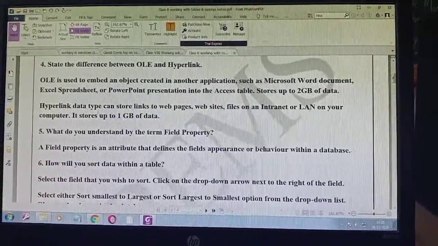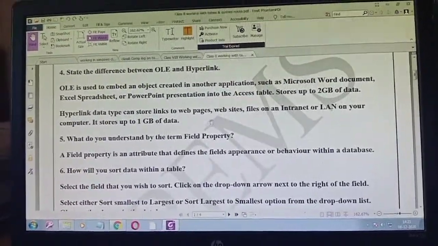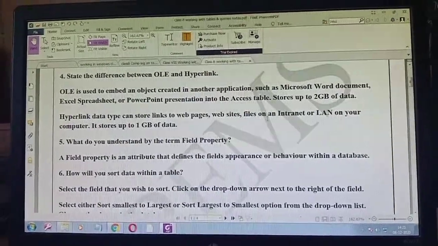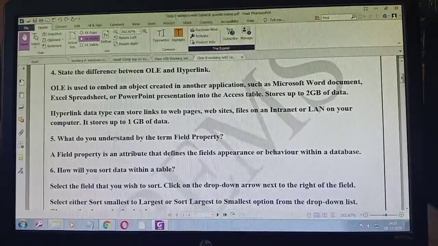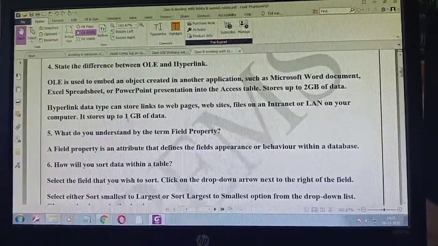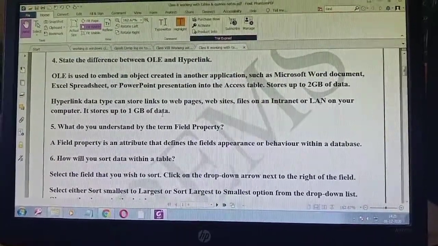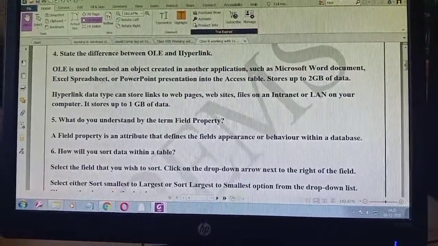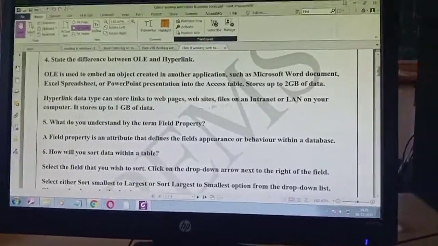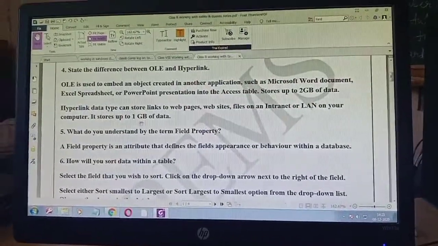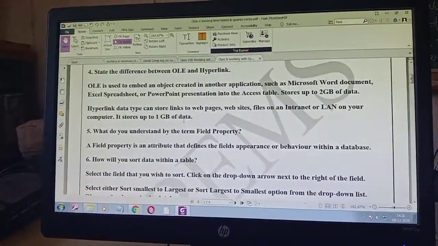Hyperlink data type can store links to web pages, websites, files on an intranet or LAN on your computer. It stores up to 1 GB of data. See here you can see the major difference, that is OLE can store up to 2 GB of data and hyperlink can store up to 1 GB of data.